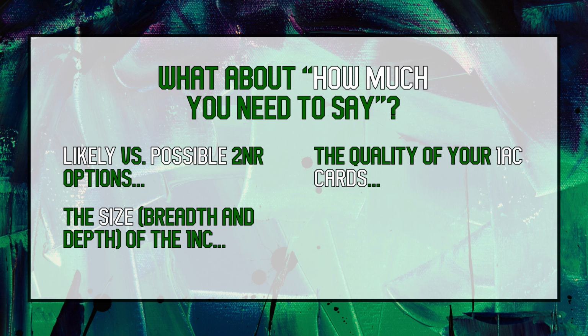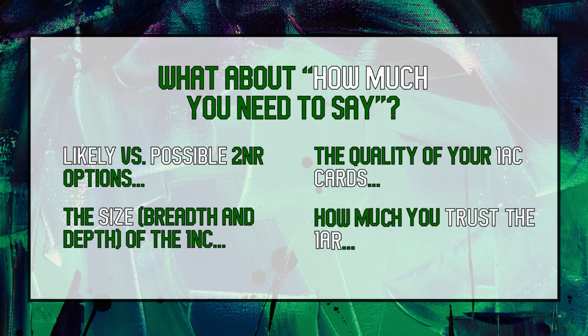If this describes your case, you'll need to adjust your 2AC case debating accordingly by increasing your coverage of the case. Fourth and finally, how much you trust the 1AR. By trust, I don't just mean whether you think the 1AR is good enough to debate the case well. Rather, I mean whether you think your choices when debating the case in the 2AC are putting the 1AR into a strong enough strategic position against the various potential 2NR options. In some situations, you might be comfortable with taking a bigger risk because you don't think the negative will choose the option that you're leaving the 1AR vulnerable to. In other situations, you'll want to be more careful.